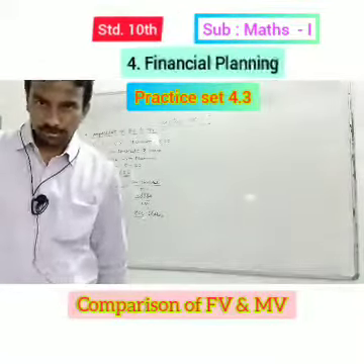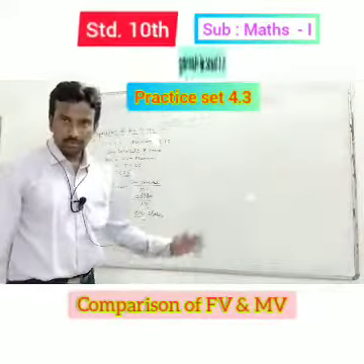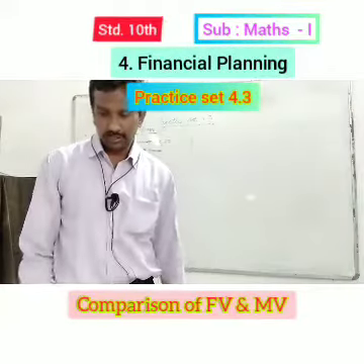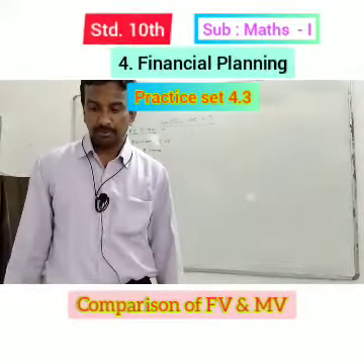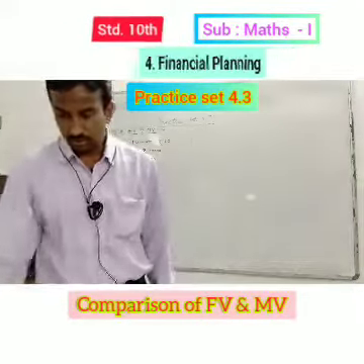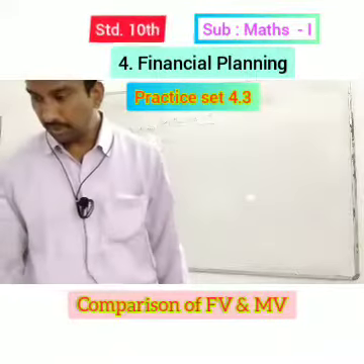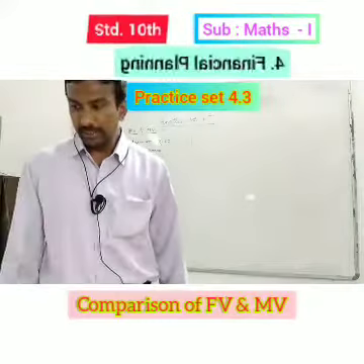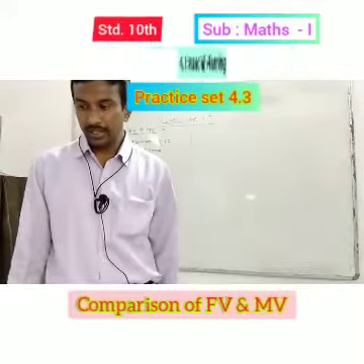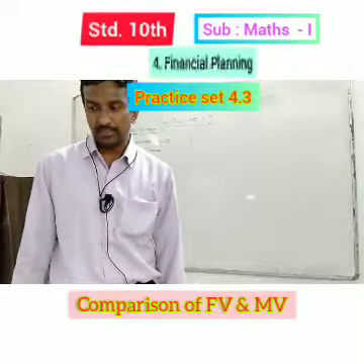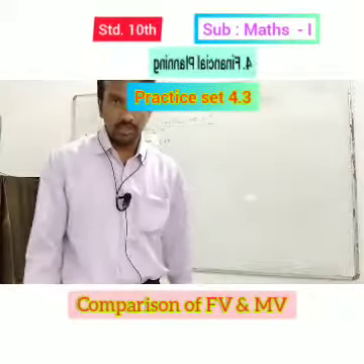Got it? Okay. Now example number 5 is same as example number 2, which we have already seen. You have to solve same example number 5 as example number 2. Now we will see example number 6. If the face value of both the shares is same, then which investment out of the following is more profitable? Company A, dividend 16%, market value rupees 80, and company B, dividend 20%, market value of share is rupees 120.